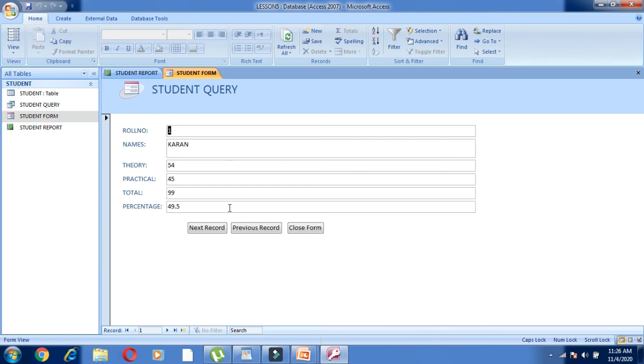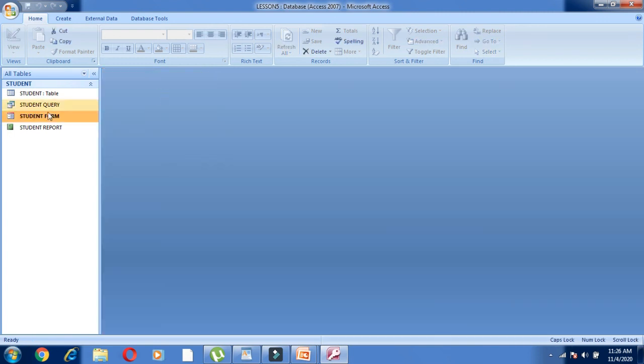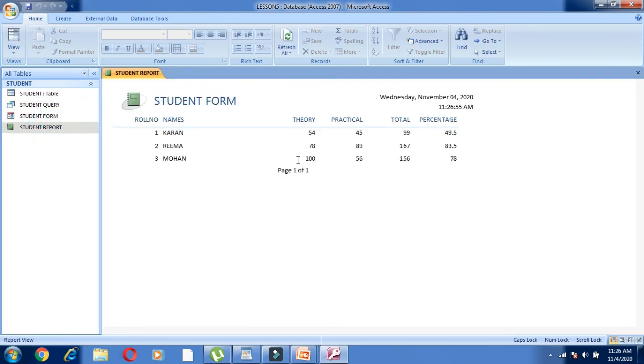See, if I give the next record, like say Mohan, any name with any marks, say 56, you'll find the total and percentage come automatically. And let us close this one also, and go to the report. You'll find, see, record number 3 is updated. So this is the benefit.